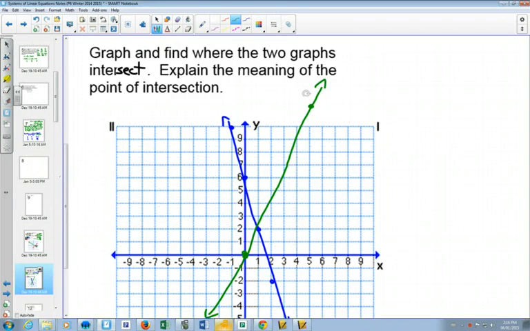Now the only nice point that we have on our green graph is right here at 0, 0. And the next nice point would be up 12 over 5, over there. The next nice point we'd have to go up 12 and over 5 again. Do these two graphs intersect at nice points? No. Even though it's really close to this one, and you might be tempted to bend your line to make it go through so that you have an easy answer,